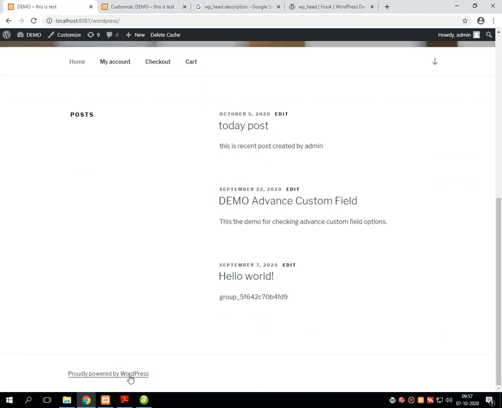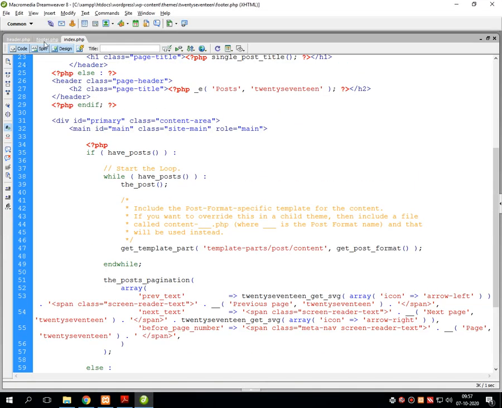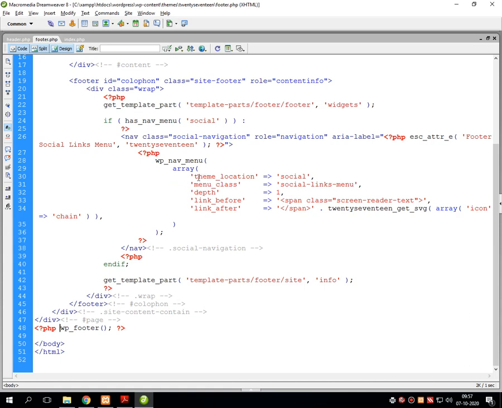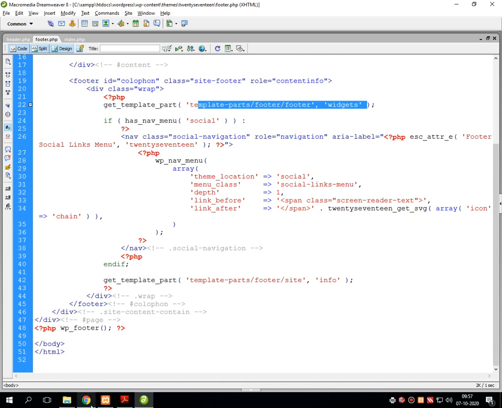It displays the footer at the end, but this footer contains all these details, that is theme location, menu class, depth, link before and after, images, information, widgets, etc. All these things are configured in this particular part, which will be displayed in the footer section of the website.